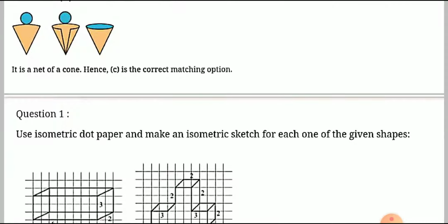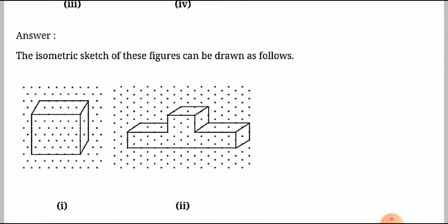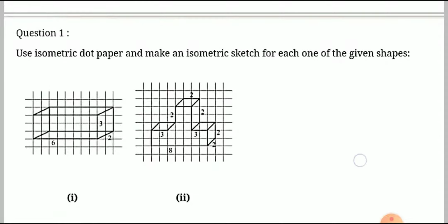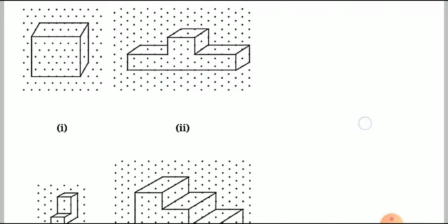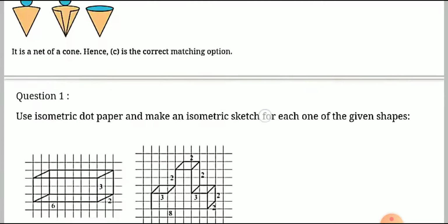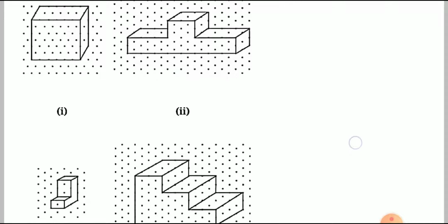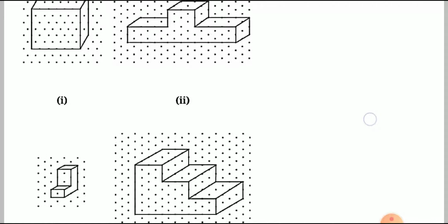Question number 1, copy and make the figure in isometric sketch. So these are the answers of it. First you have to make the following on graph paper or squared paper, then afterward you have to draw the same on isometric paper. Okay, always keep in mind what is the difference you will see in isometric sketch or in graph paper. Okay, so here we have the answer. You can see it and draw by yourself in your copy. Clear?